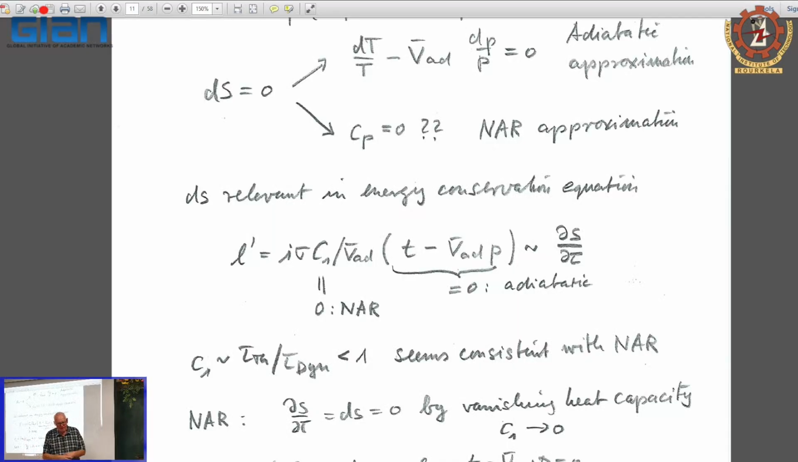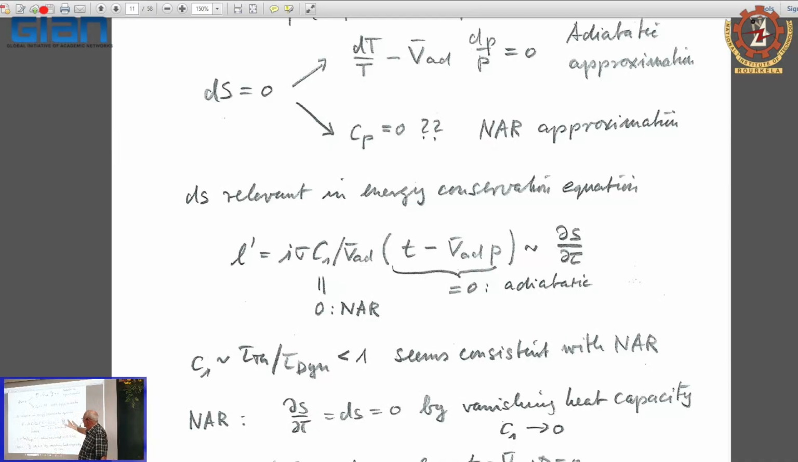This is found simply by inspection of the run of the thermal and the dynamical timescale. And what we are doing now, we put it equal to 0. Small values of C1 are approximated simply by setting C1 equal to 0. Okay, the effect will be the same as the